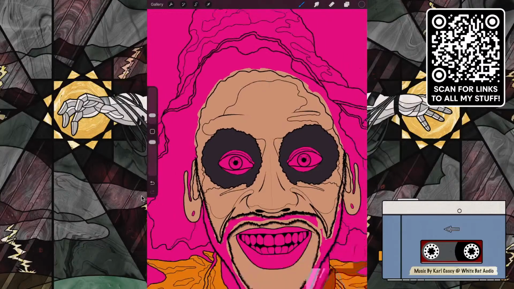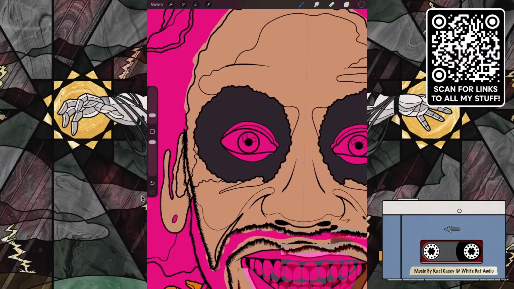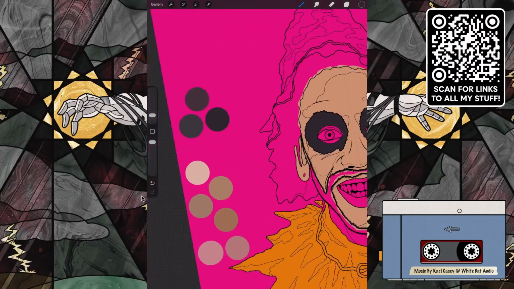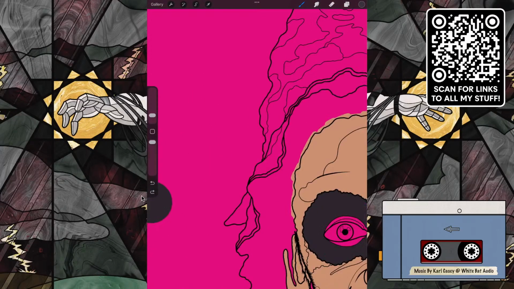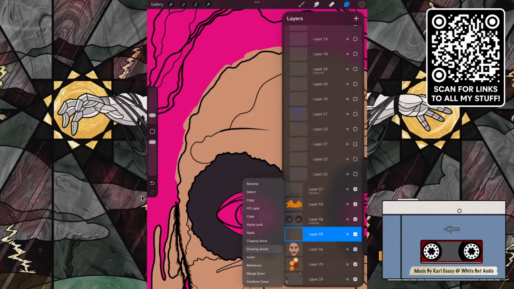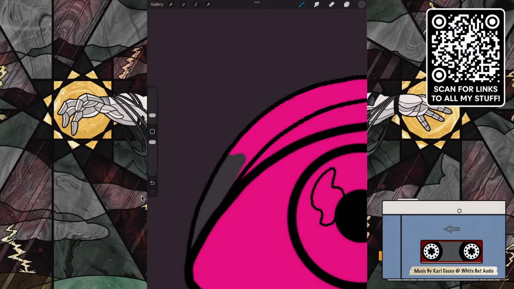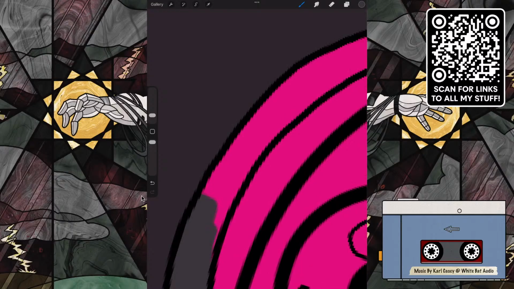Okay, so we've got, I'm calling it eye black, even though it's really not black. It's whatever this color is, but it's not black because the pupils are black. And then let's see, I have my gradations over here. So let's go to this one. Let's go to this one. There we go. And let's do another layer here. We'll go ahead and mirror that. And we'll go ahead and lay this in here. Just like that. So you can see what I'm doing here.